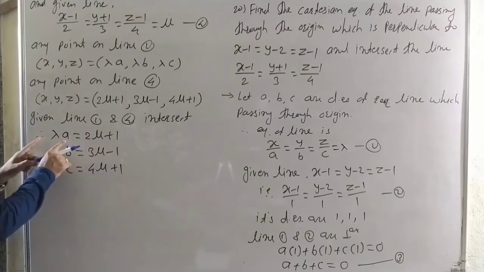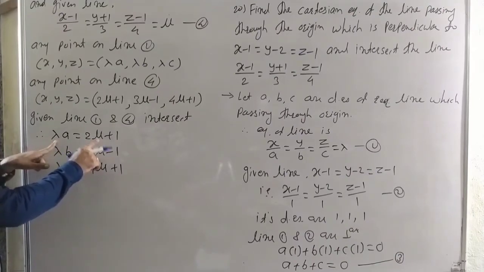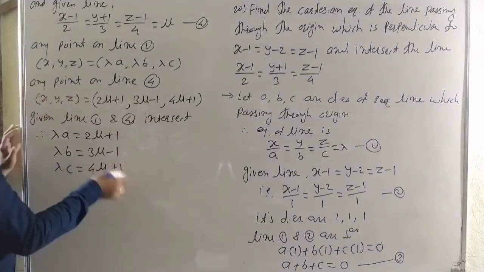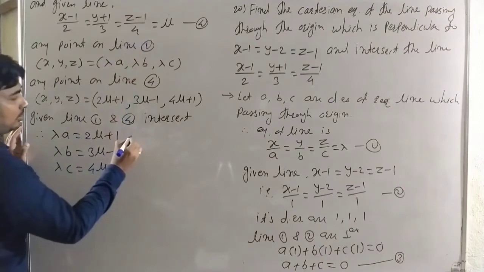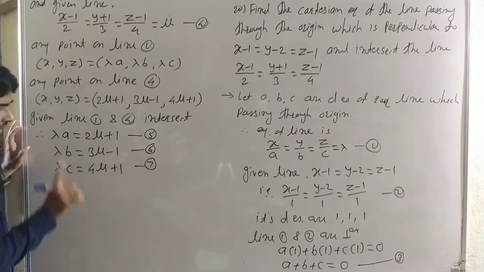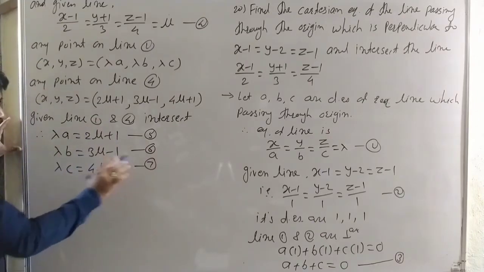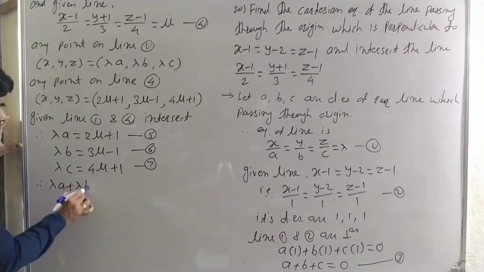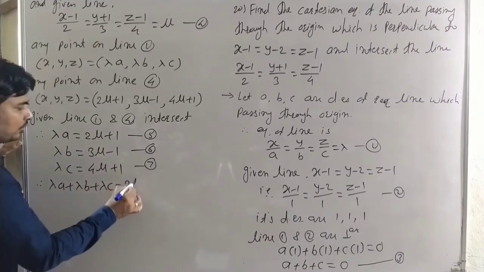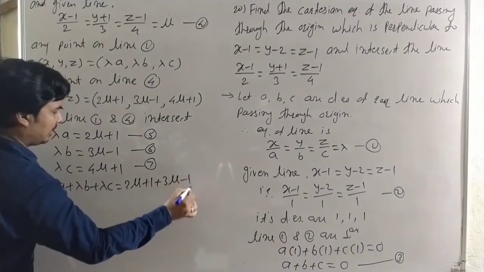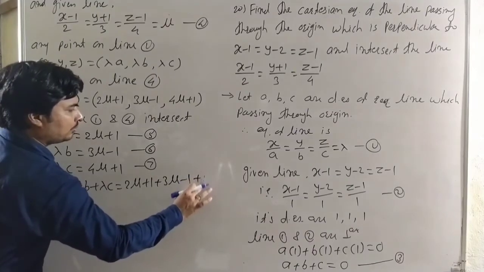To find the values of a, b and c, we need lambda and mu. To find the value of mu, we use these relations. Here we get another 3 relations, equation number 5, 6 and 7. Adding 5, 6 and 7 we get lambda a plus lambda b plus lambda c is equal to 2 mu plus 1 plus 3 mu minus 1 plus 4 mu